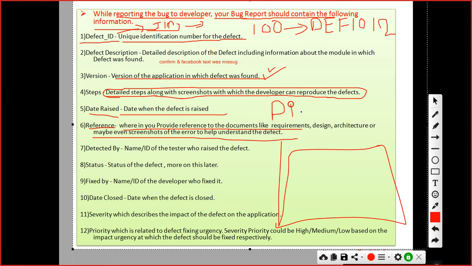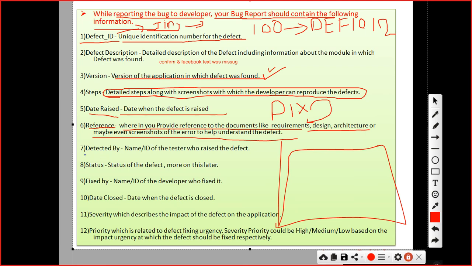Maybe this developer did not develop this functionality, he is new to it. How will he understand? You can attach a document so he is able to understand the logic behind the code, right? The developer might not be the same one who developed this, so you have to give some reference.